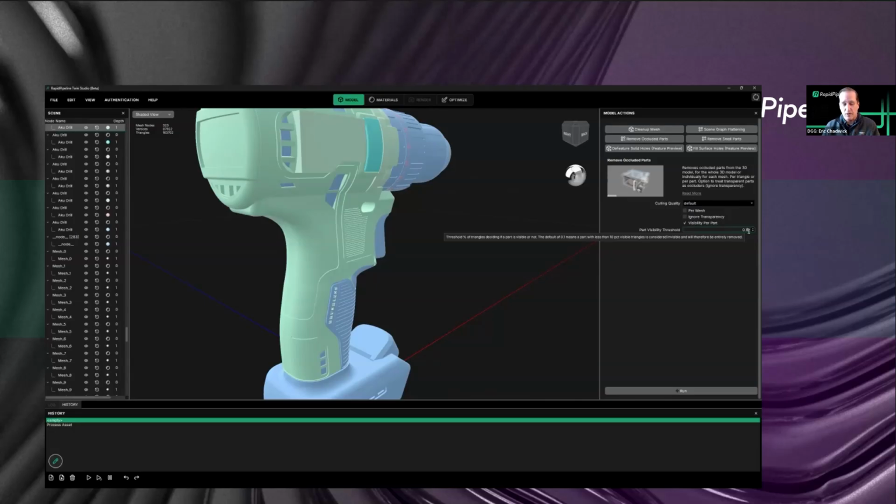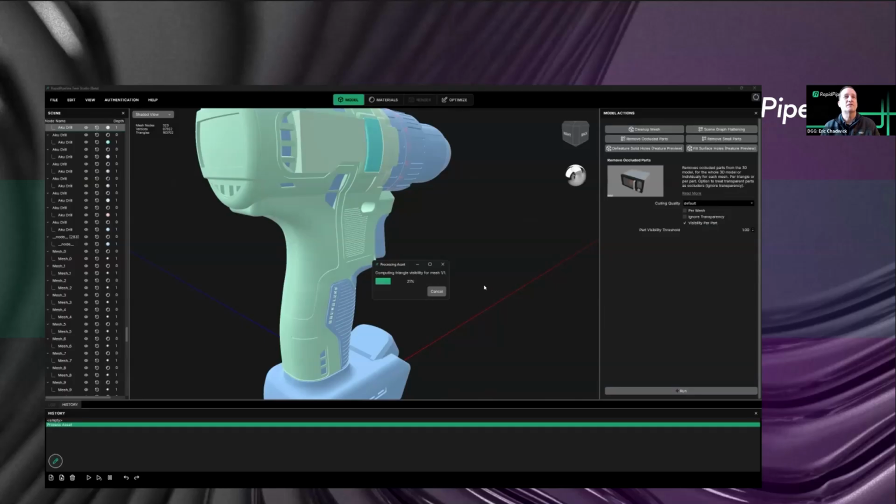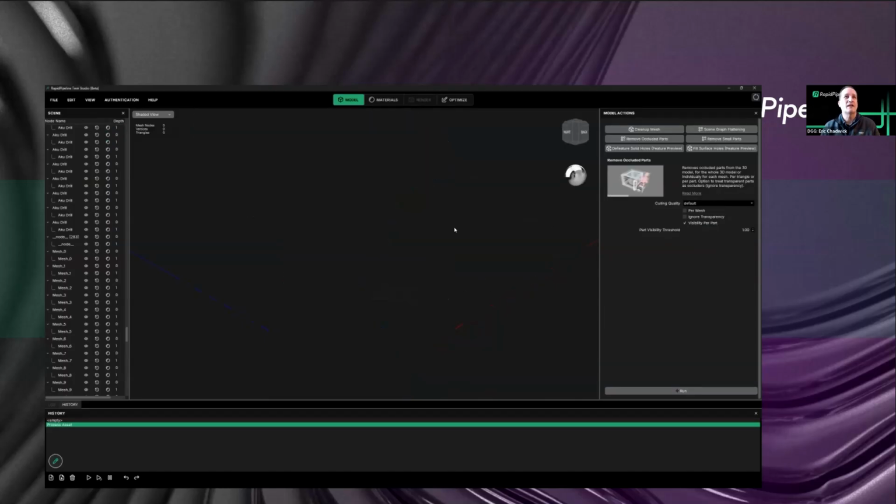You can set a higher threshold. So say if I say 60%, let's set it to 100% and see what happens. If we run it at 100%, basically it'll cull everything, because that means that nothing is covered by anything else, right? It's 100%. Let's undo that, get back to where we were,